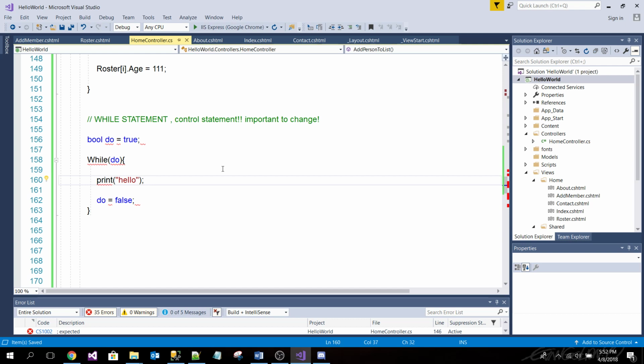Somebody's giving me a list of users from the internet, and I have to do something for all of them. I want to change all their ages. What loop construct would I use? For each. Yeah, for each is good.